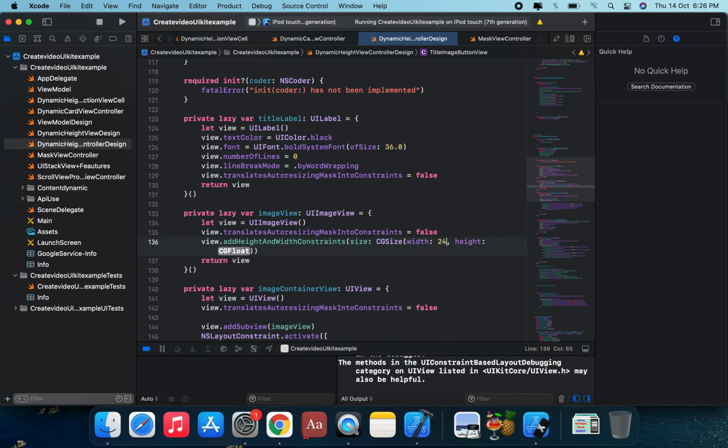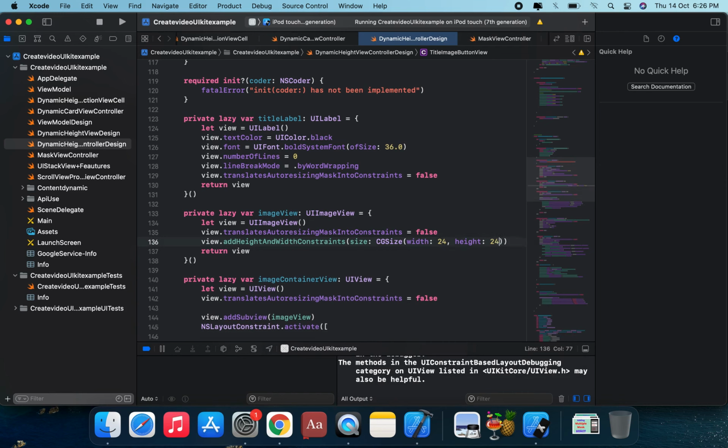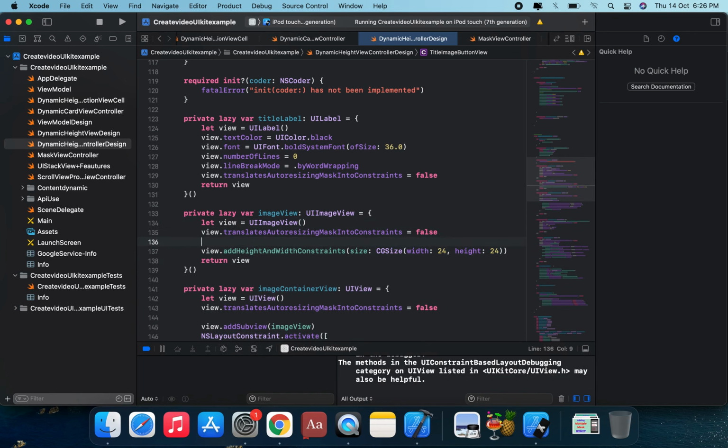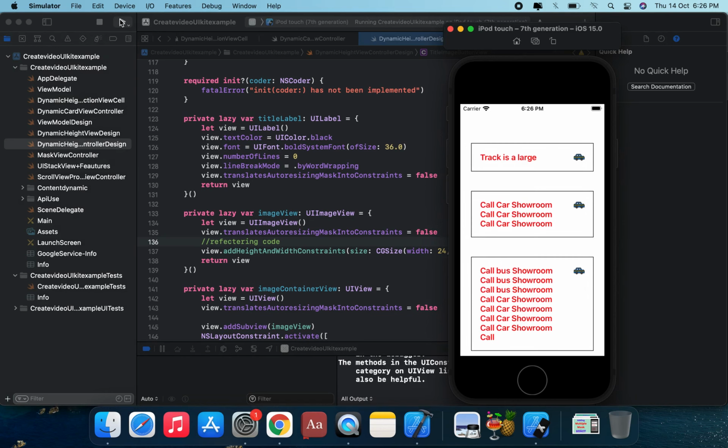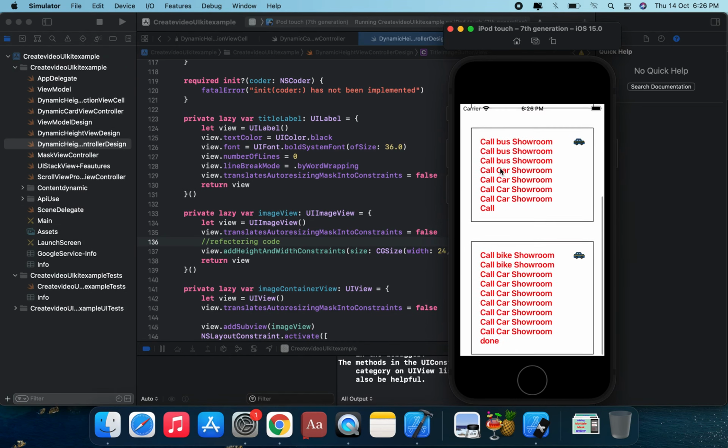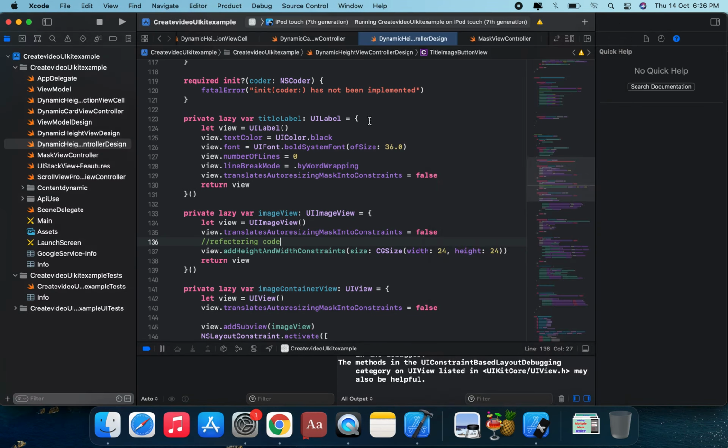We're gonna apply this 24 width and 24 height. This is refactoring code. We're gonna run this application. In this scenario we get the same result, but it's not a code problem.